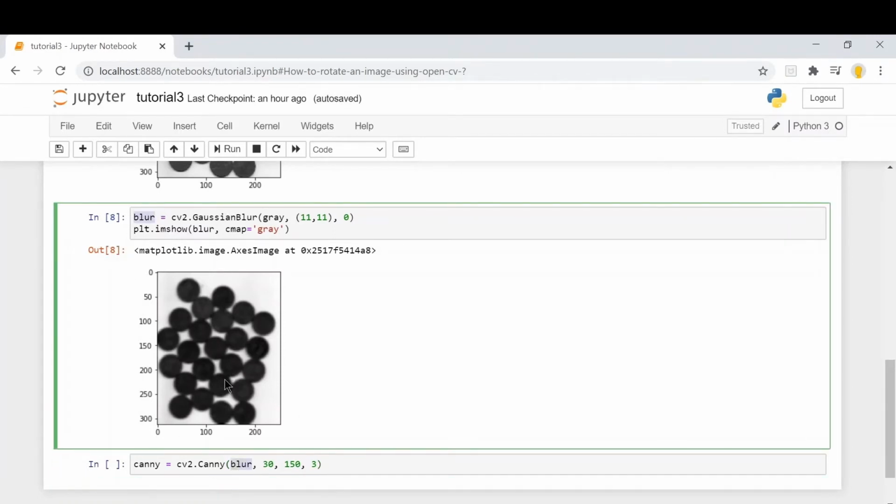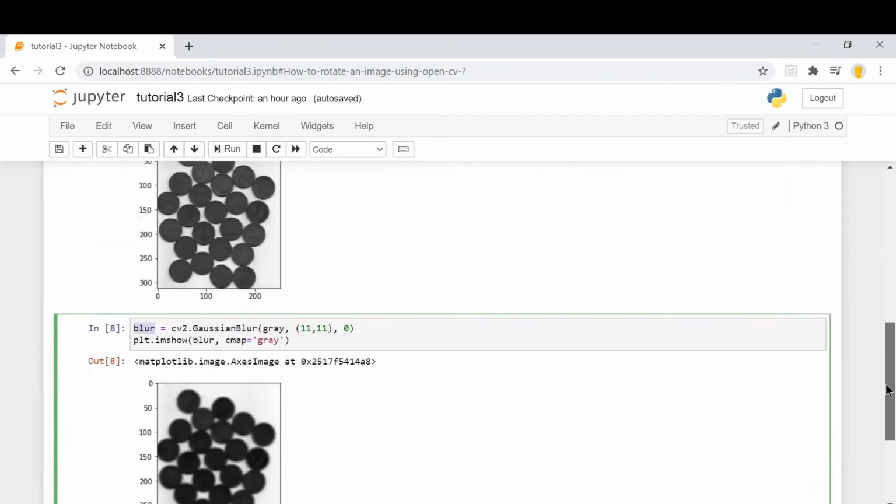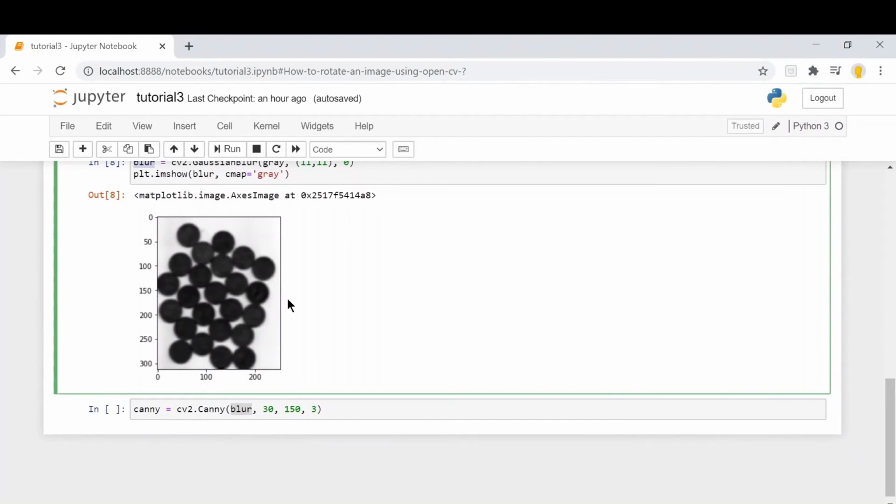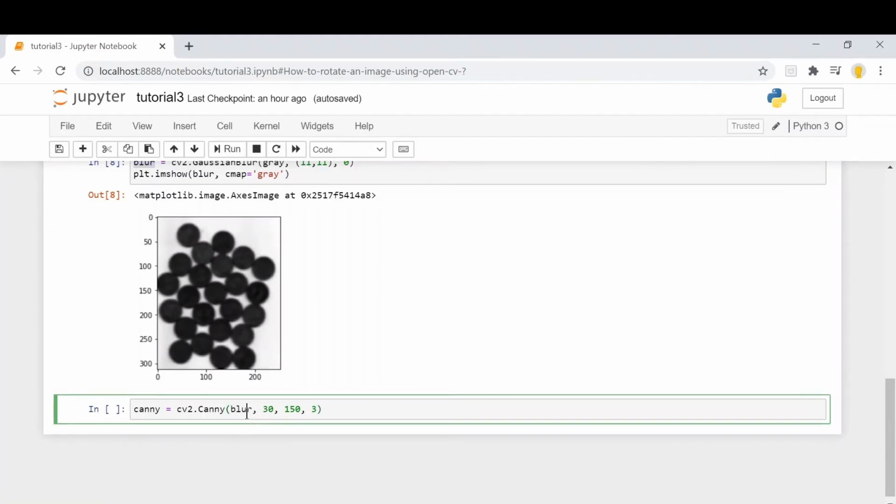So we'll be using this image and not the first image, because we don't want to capture the noise. We only want to capture the edges of the coin. So this is the first parameter.